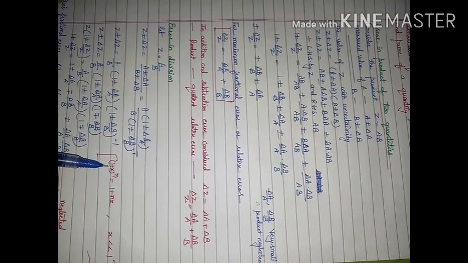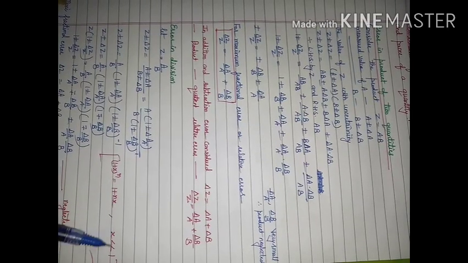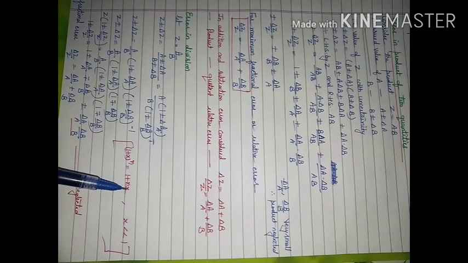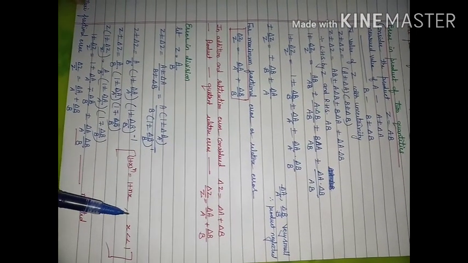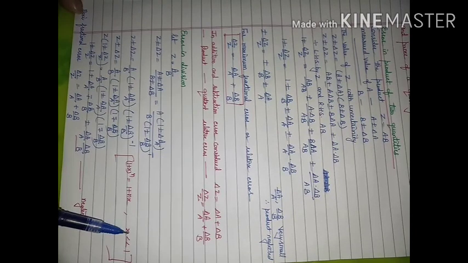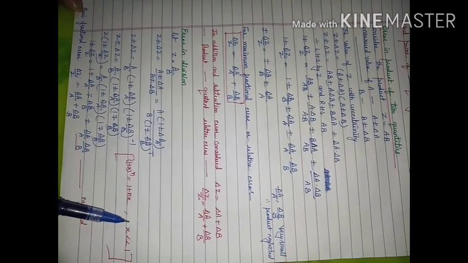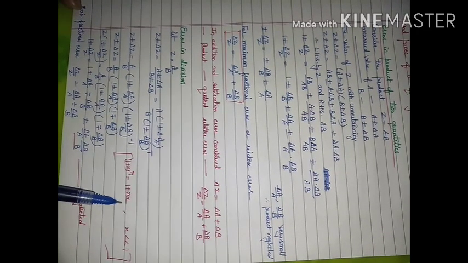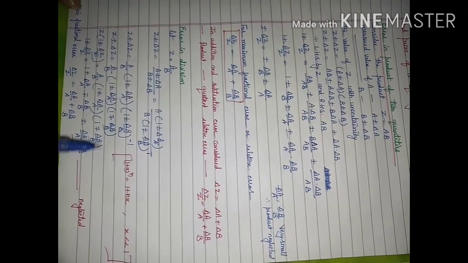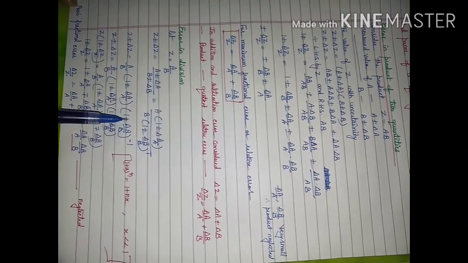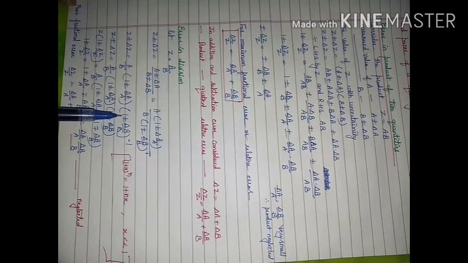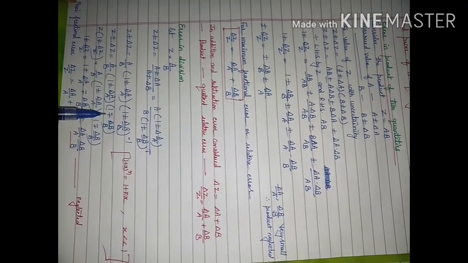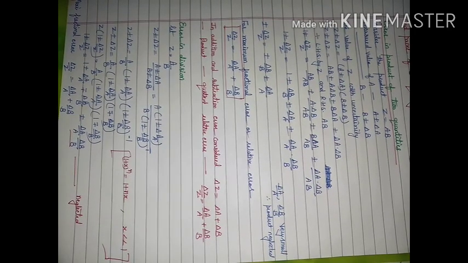So when you will open it, we will get 1 plus nx plus many terms will be there, but these terms will involve x square, x cube, and these x square, x cube values will be very small. So higher power terms are neglected because of their very small values. We will consider 1 plus nx only. So when I will use this formula in this equation, minus 1 will come down and multiplied by these, then this sign will change, plus will change to minus, minus will change to plus. Rest of the things same.